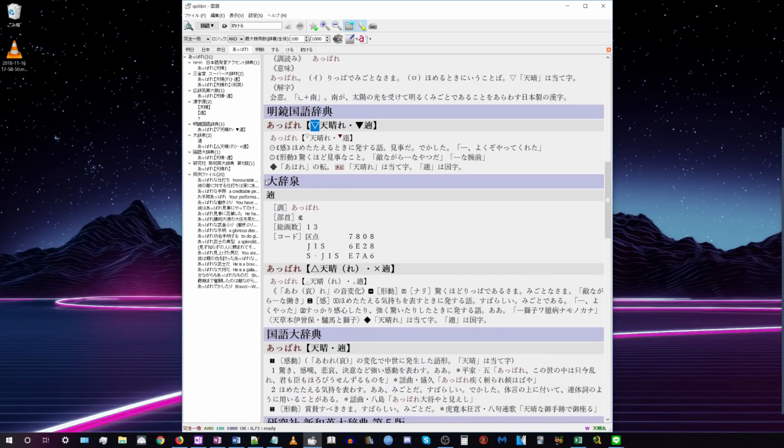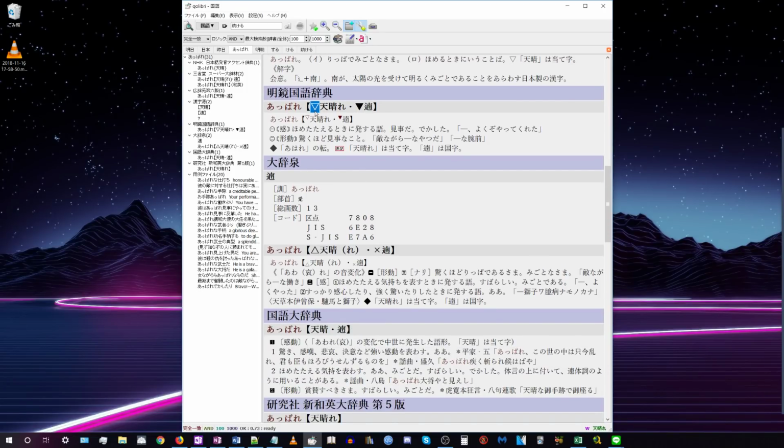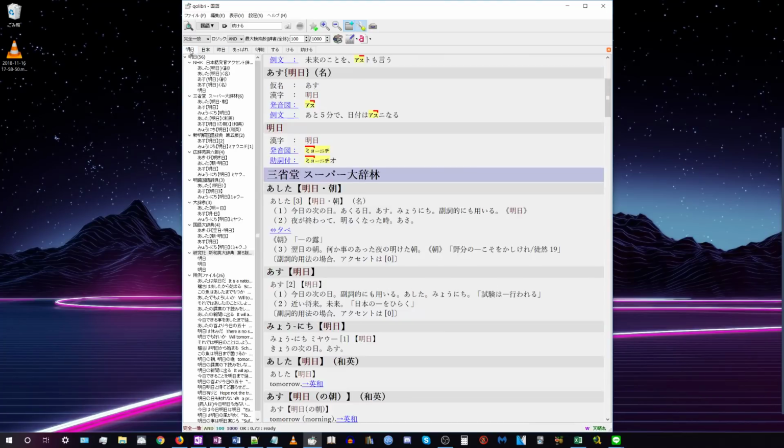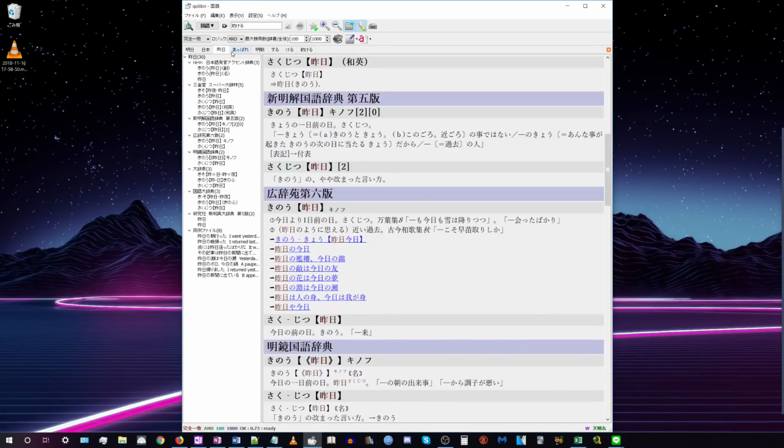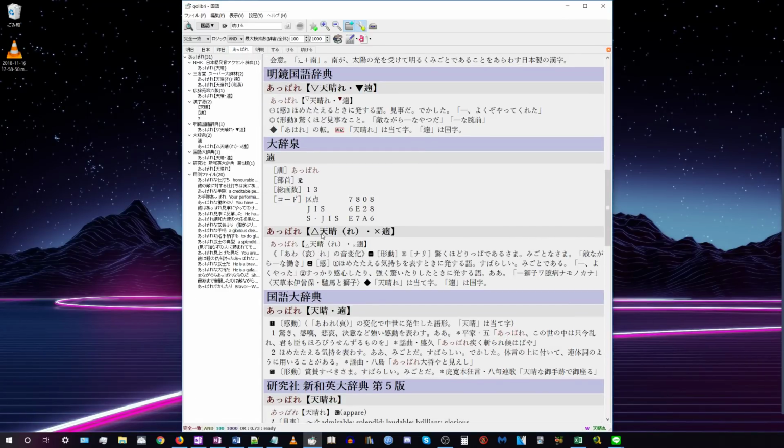And so like this dictionary, Daijisen, instead of a clear triangle and then a solid triangle, it has a clear triangle and then an X. But basically, that's what the symbols are going to mean. It's going to mean that the kanji compound is arbitrary, like in ashita, it tells you that the two kanji together have nothing to do with the reading. Or if it's like this where it has something to do with the reading, like because it's a pare and this pare is like hare, maybe, then that's going to mean that it's the standard kanji, but then a different reading.